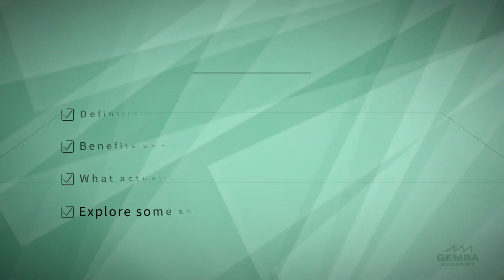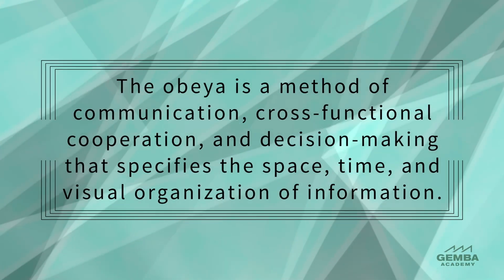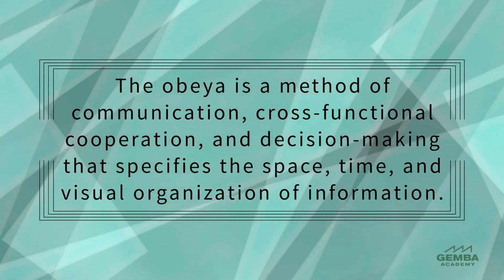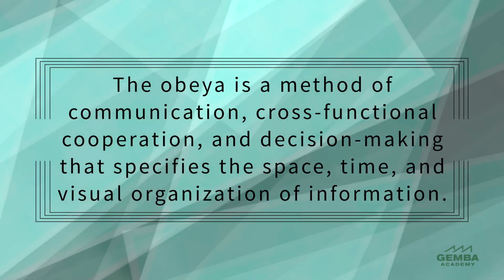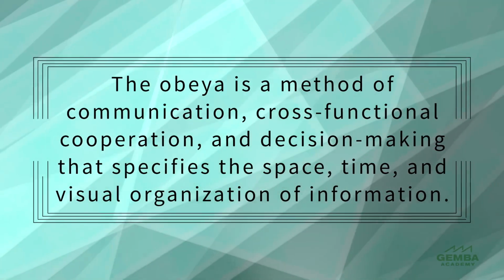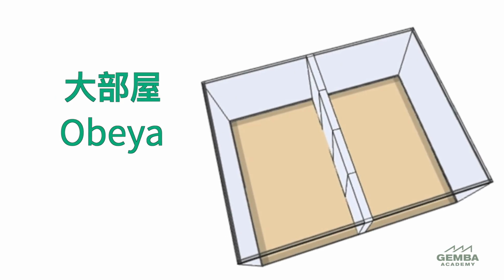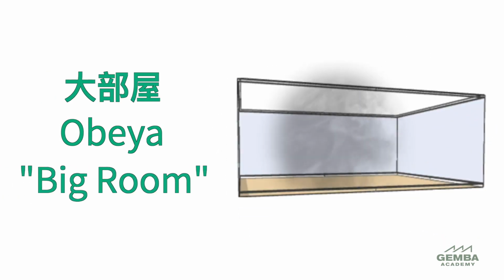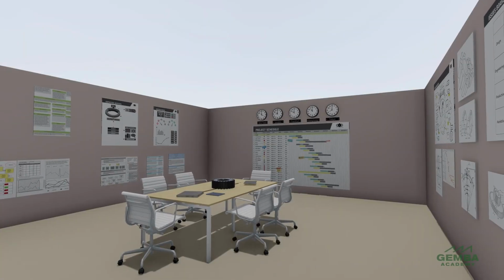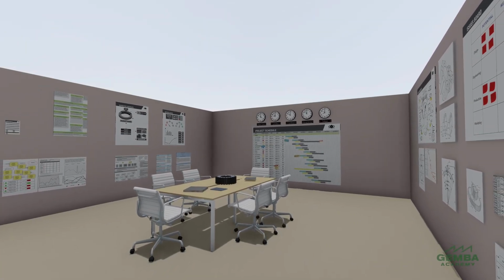Let's get started. Defined, the Obeya is a method of communication, cross-functional cooperation, and decision-making that specifies the space, time, and visual organization of information. Obeya is a Japanese word for big room, meaning an open office working space with no interior walls. The Obeya is a large room set up with a specific purpose. Typically, it's to share information about a project or the overall business operation in a way that enables rapid decision-making